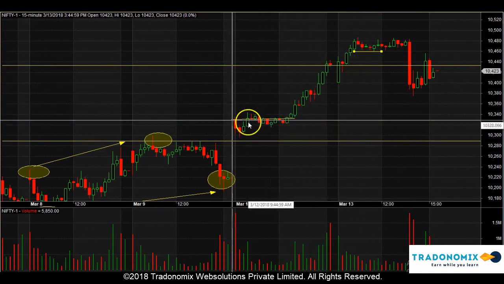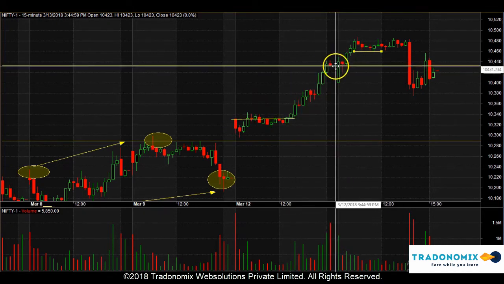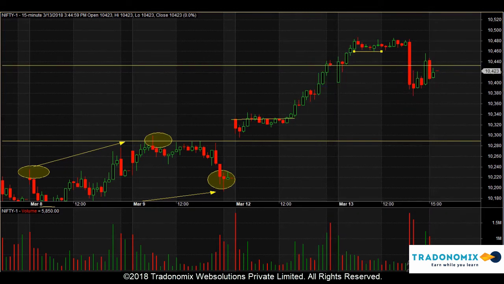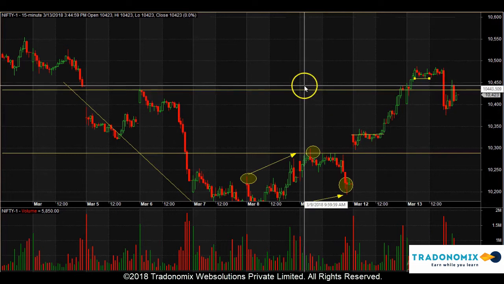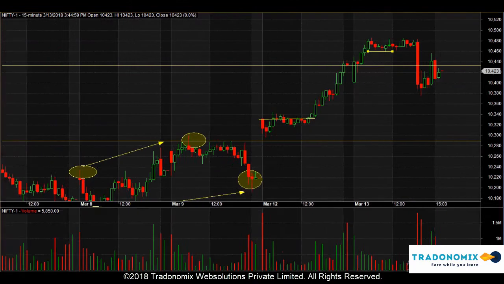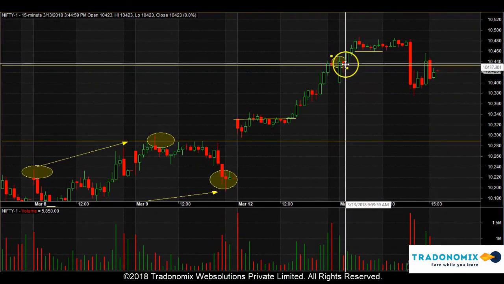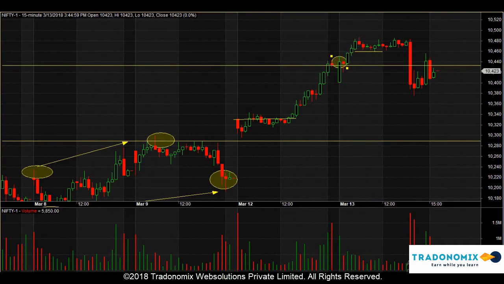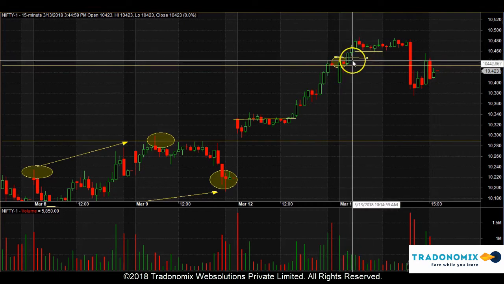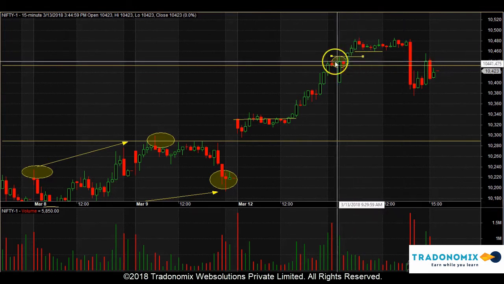But if you're an intraday trader and you did not want to hold the position overnight, what will you do in this kind of situation? So here you've seen that there is a kind of resistance level, and we saw that this morning it crossed the resistance level and made a pivot. So here you can see that it went above the resistance, pulled back, and this can be called a pivot. So above the first 15 minutes candle high, we have gone long and trailed the stop loss